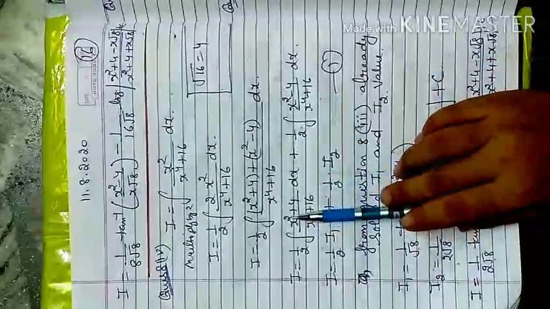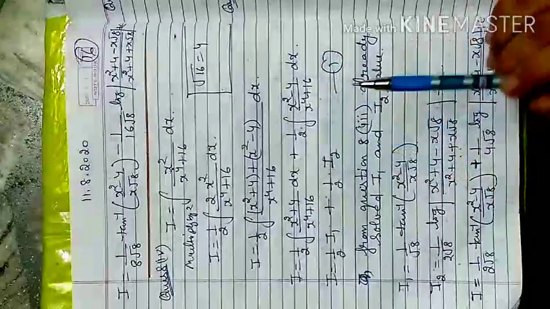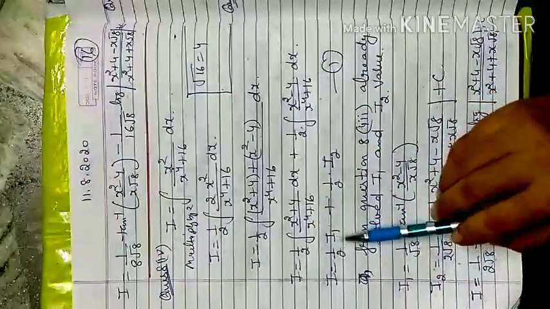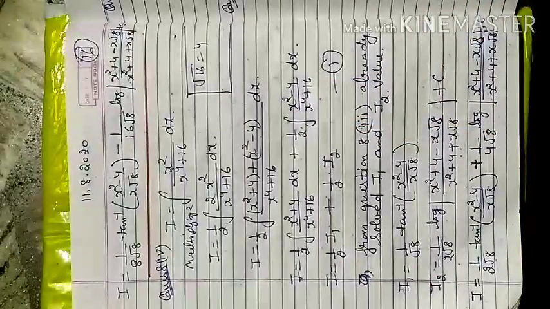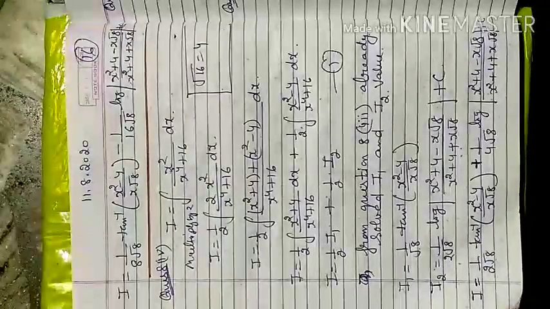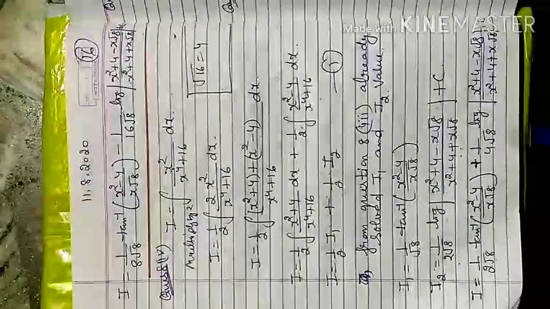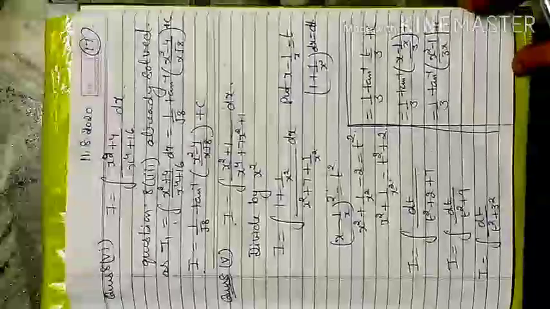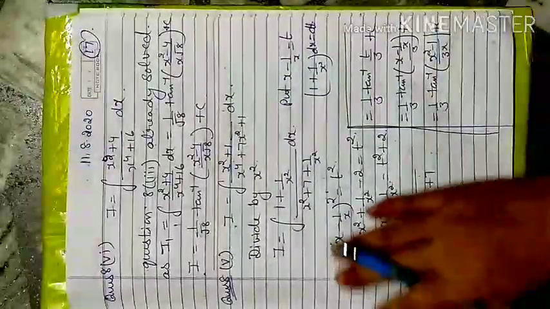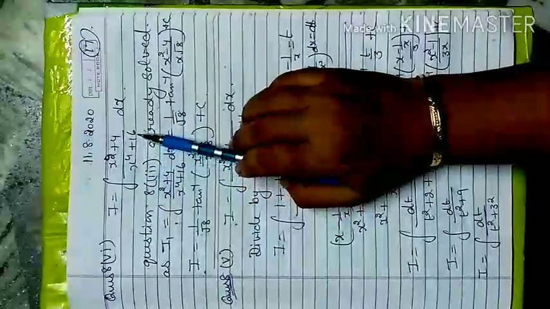When you separate the terms, x square plus 4 is I1 and x square minus 4 is I2. Already in the 8th question third part, I solved this. So I directly take the result instead of solving again the same steps, because I already solved it there. I take the results I1 and I2 from there and merge the values. That is my required answer. Now the 8th question 6th part is exactly the same. We already solved it in the 8th question third part, this one: x square plus 4 over x4 plus 16.